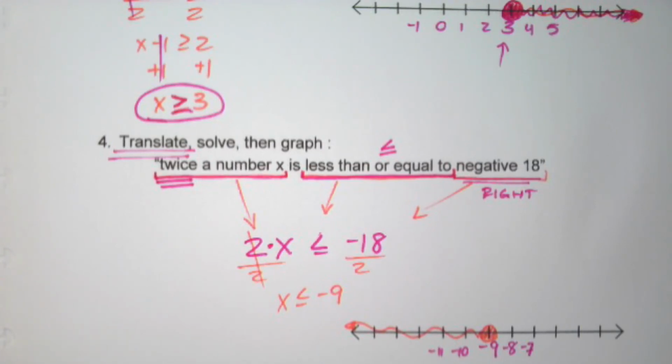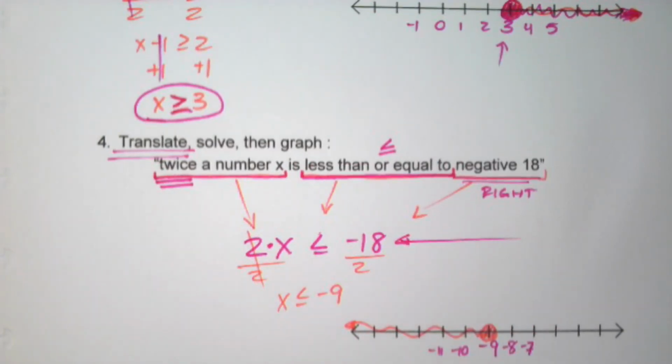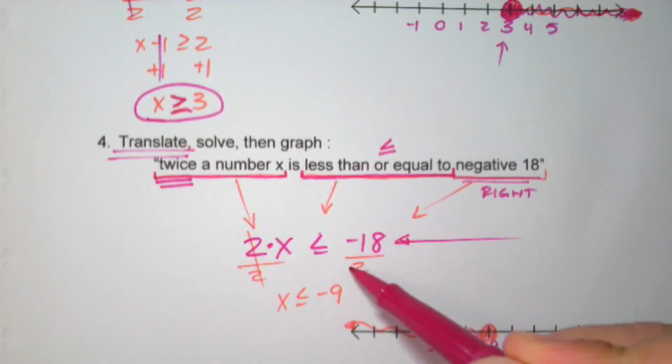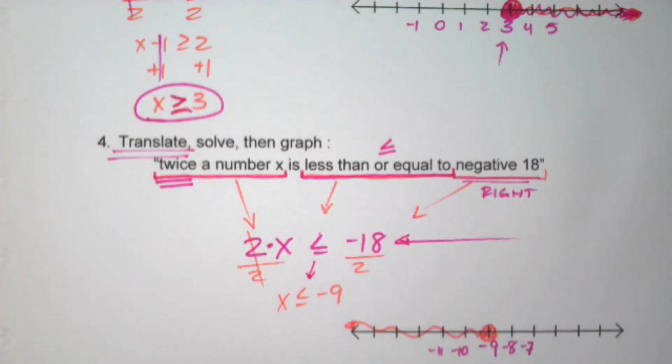Now, if this isn't a hint enough that we added some translating, we have an example with translating. If for some reason we're forgetting some of our 1.4 key phrases, I would keep those notes handy in this unit when we're working on problems where you have to translate first. But once it's translated, here we've got a one-step inequality. Divide by 2 on both sides. It's negative 18, but the number we divide by is positive, so that symbol doesn't change. And then we get x is less than or equal to negative 9,